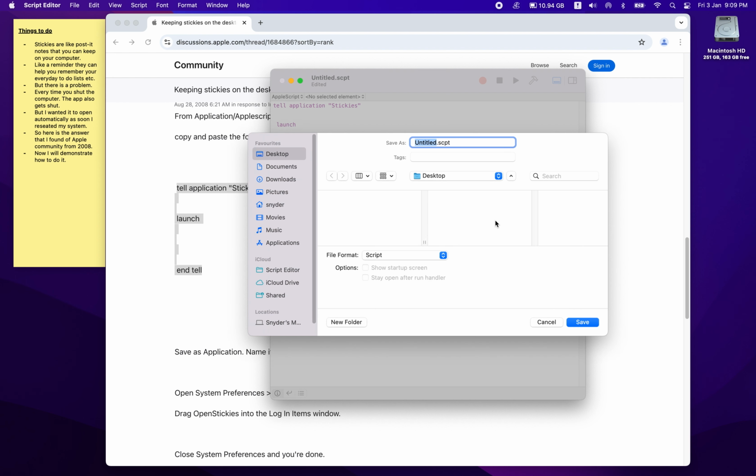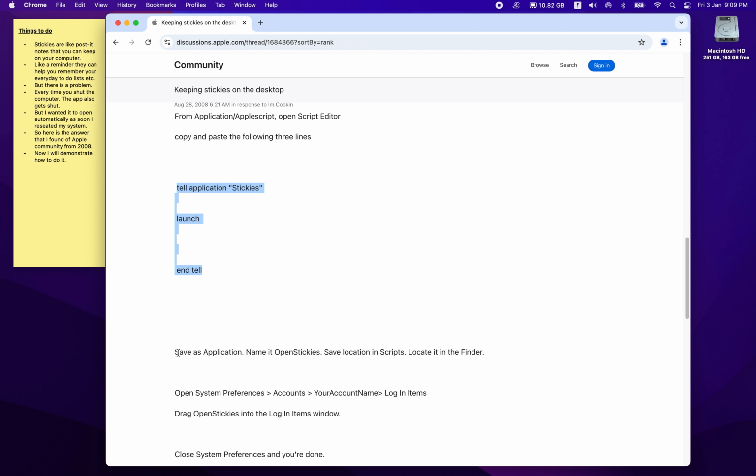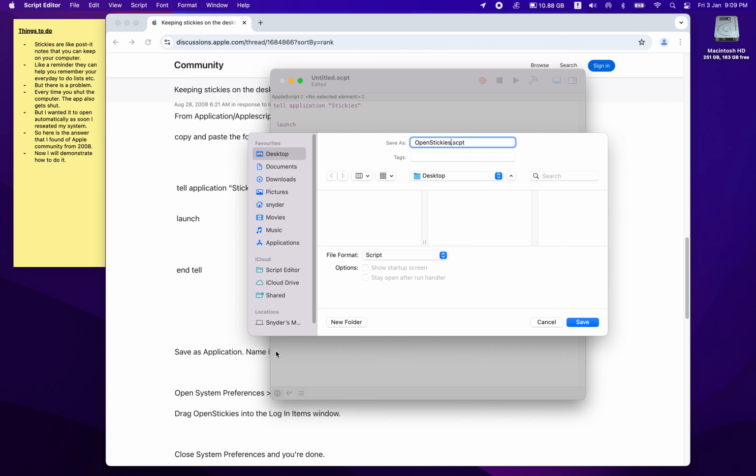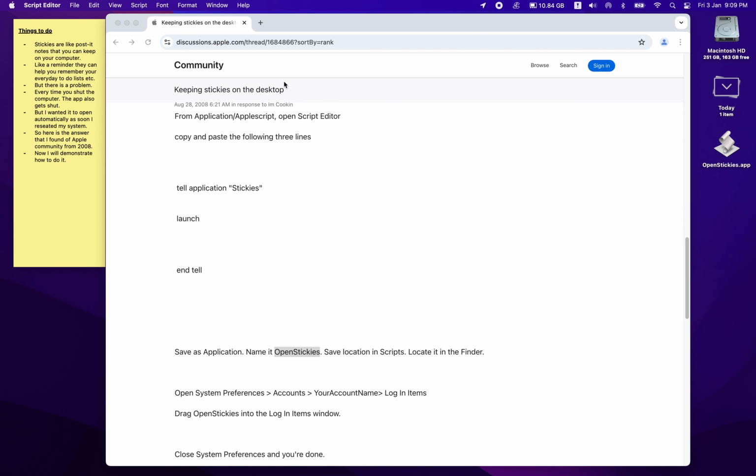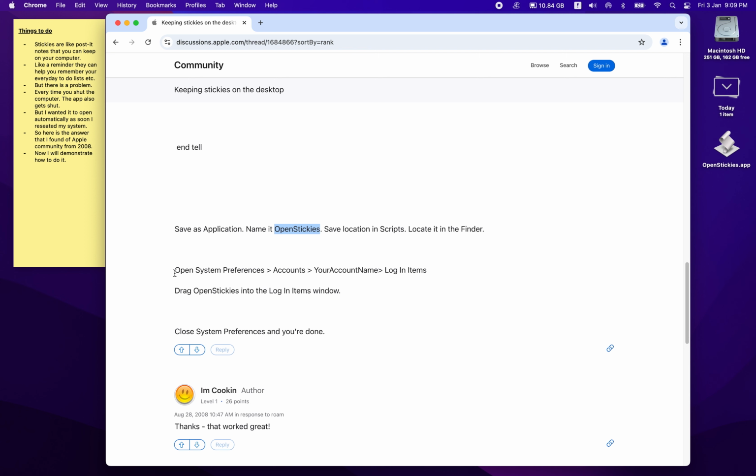script. You save it in the format of an application, and you give it the title Open Stickies. Okay, now as you can see, I'm doing it here, and you can save it on your desktop because you'll be able to easily locate it. Okay, as you can see, now it's saved on the desktop, and next we have to open the System Preferences